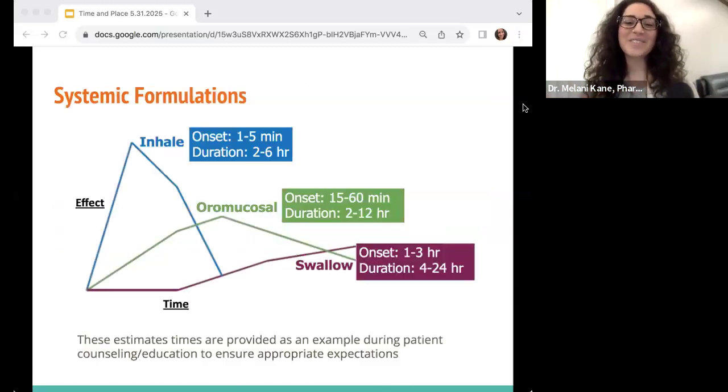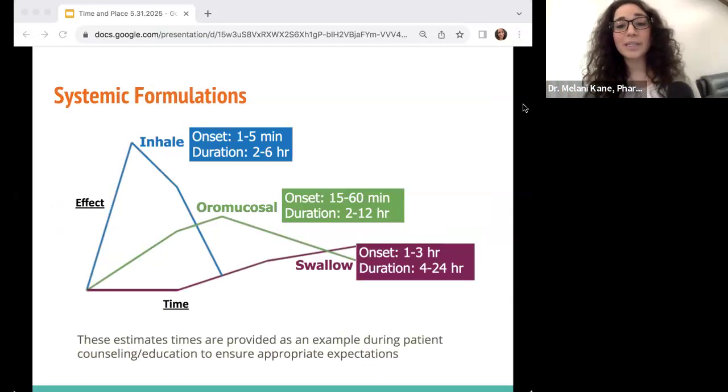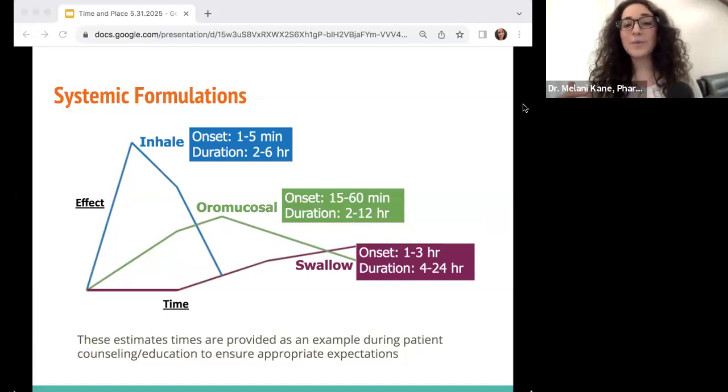So this is something I will draw for patients that are new to cannabis, new to medical cannabis. And it's just an estimate because patient expectations are very important here. If they take a pill and think it'll start working as quickly as their hydrocodone, that might be an issue because they might redose and then have that over medication happening. So again, inhalation, fastest onset, highest Cmax, and shortest duration compared to swallowed with that variable lag time for the onset, and then again, that variable duration, but typically has more of a plateau type effect.